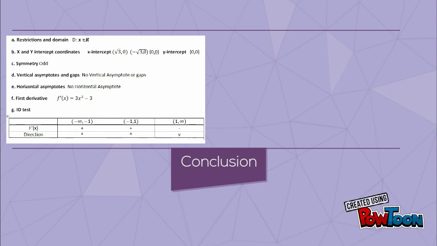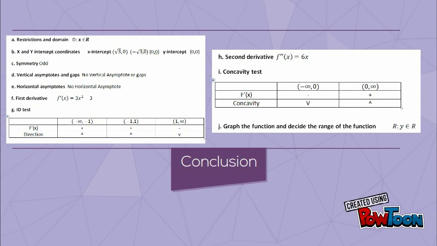As a conclusion, we can say that it is important to do the ID test and the concavity test because you get to know how the graph of any function that is continuous is affected and its changes without actually graphing it. After the realization of this project, our results were: